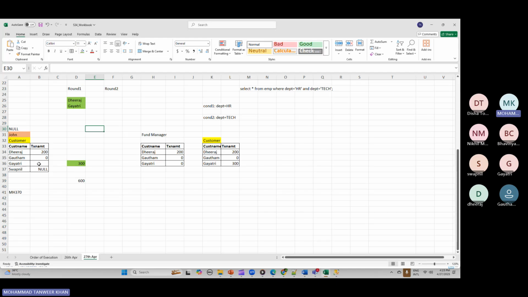मेजर डिफरेंस ये है कि ब्लैंक के केस में कस्टमर इज कंफर्म कि आई हैव मेड द पेमेंट बट द सेल्समैन हैज नॉट रिसीव्ड इट। इन द केस ऑफ नल नोबडी इज श्योर whether पेमेंट इज डन, पेमेंट इज रिसीव्ड या नॉट। नल के केस में किसी के पास कंफर्मेशन नहीं आया। ठीक है।